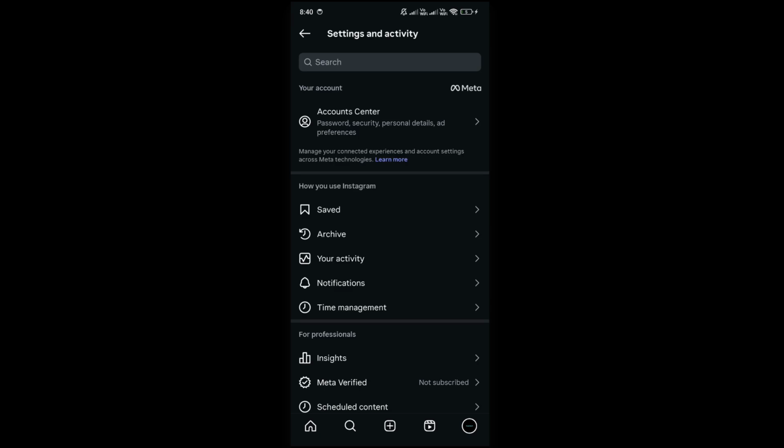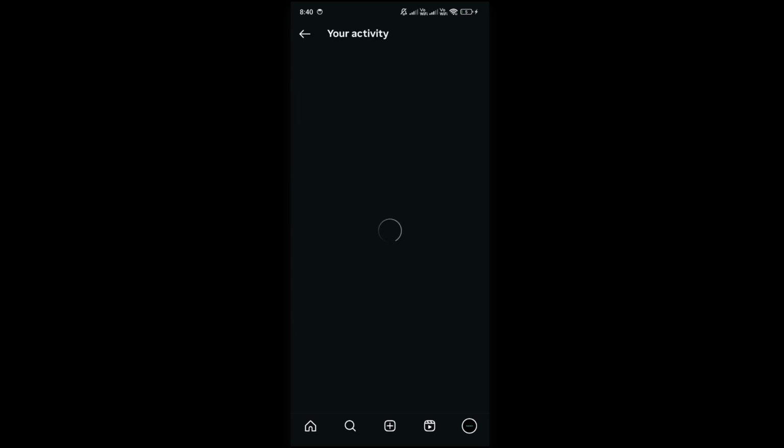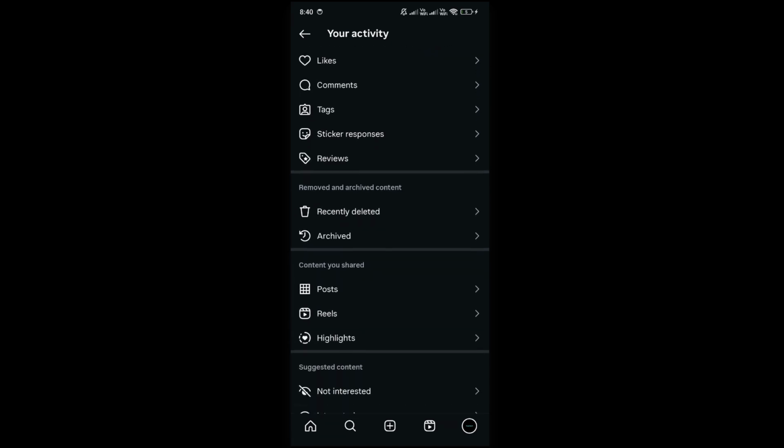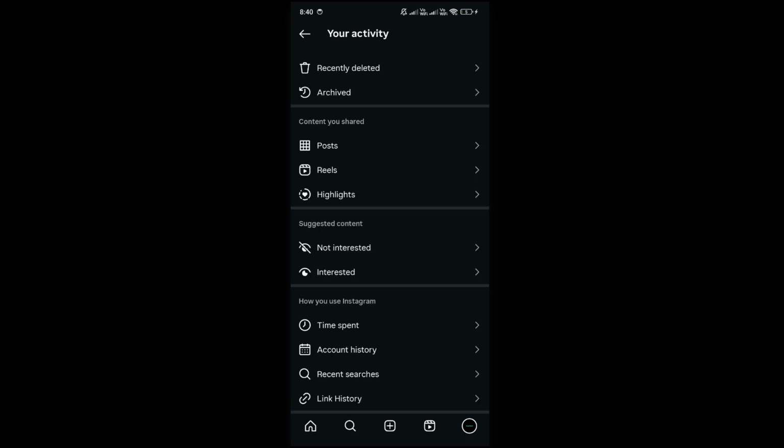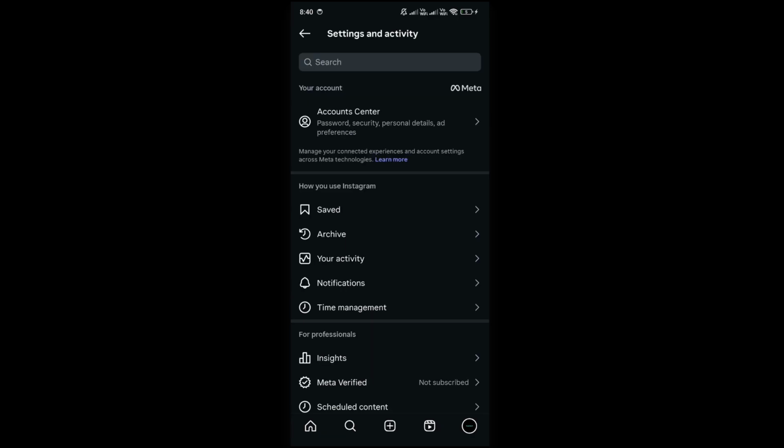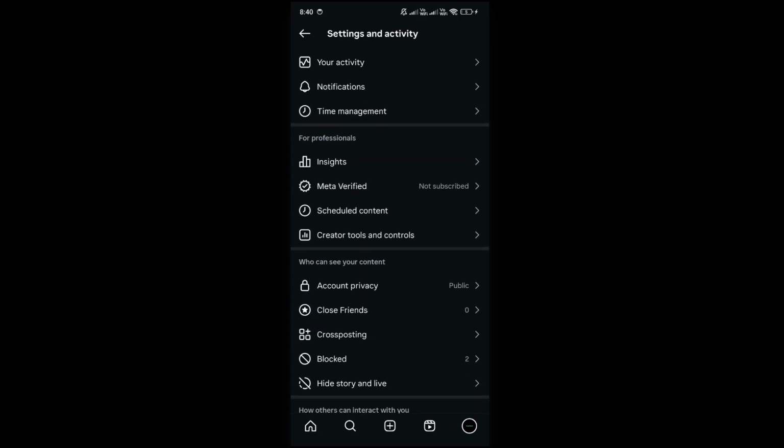Click on your activity and how you use Instagram. Alright, scroll down and here select recent searches and make sure you clear all the recent searches. Now go back and scroll down,